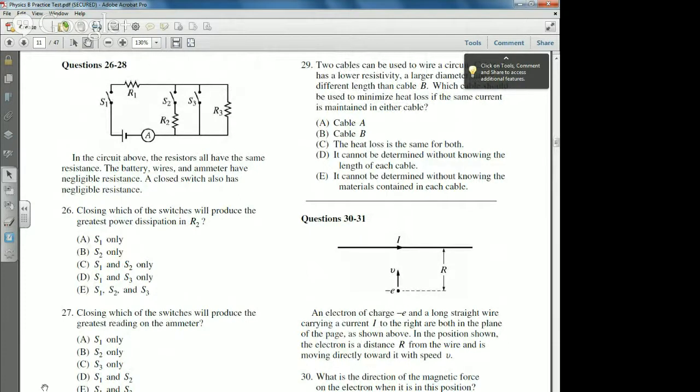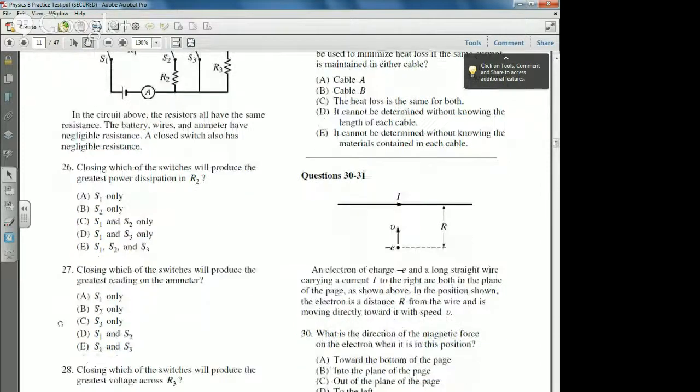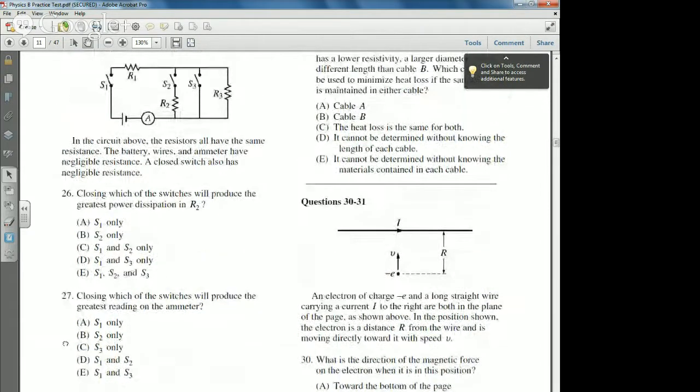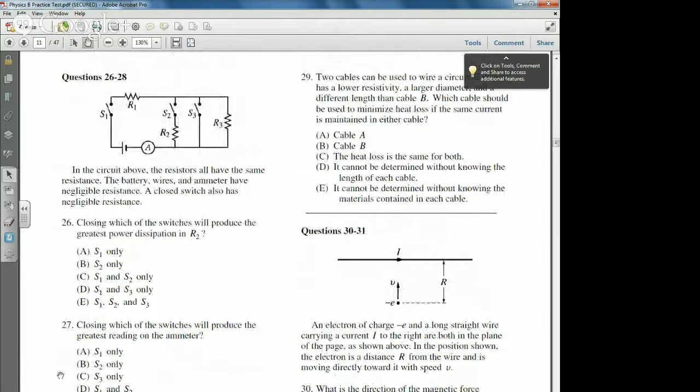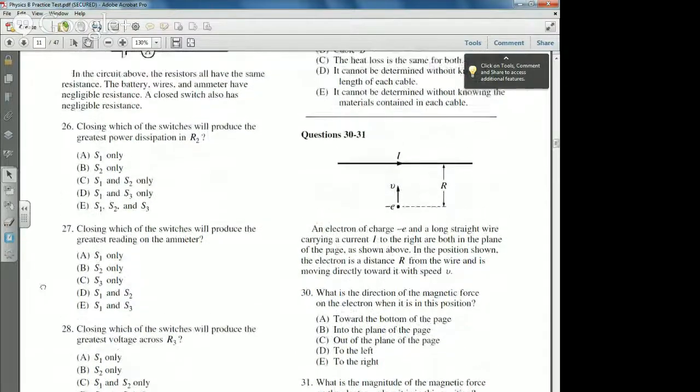Yes? What does dissipation mean? Power dissipation simply means it's used up. So greatest power, the rate of use. It's just a fancy word, just saying calculate the power. But overall, in 28,